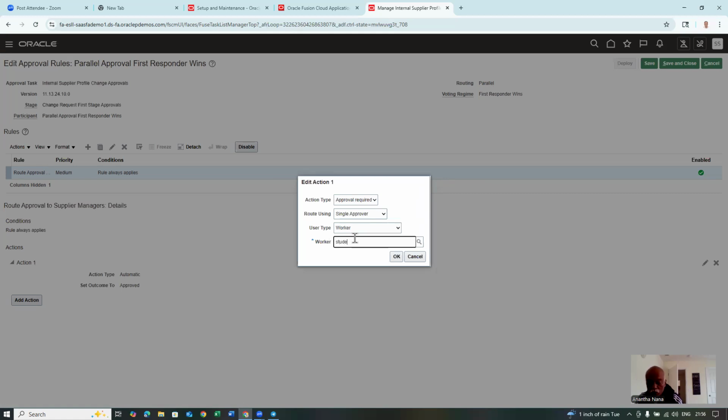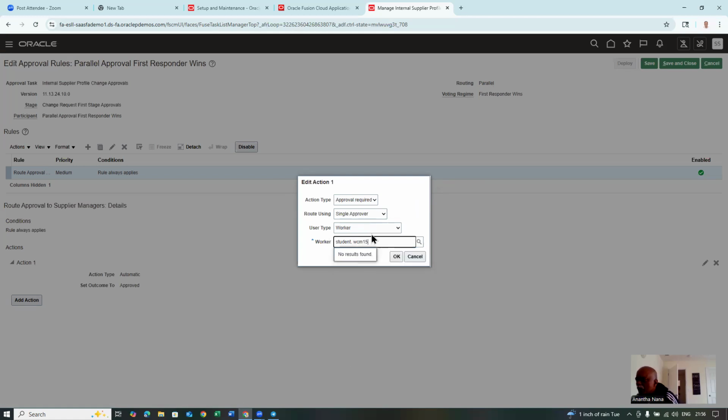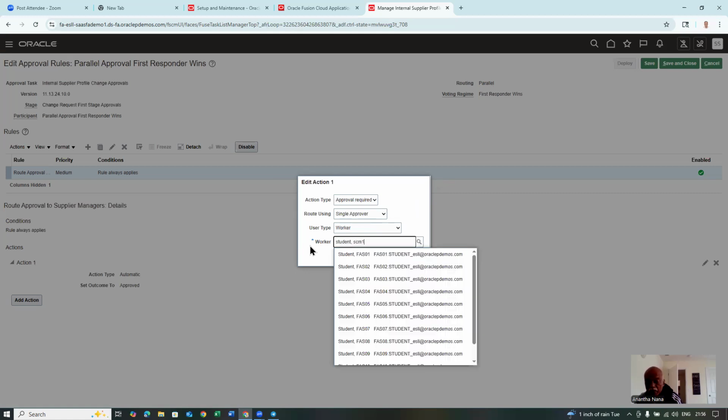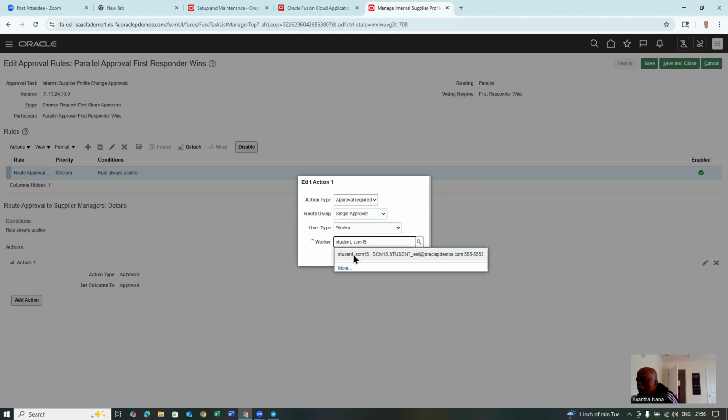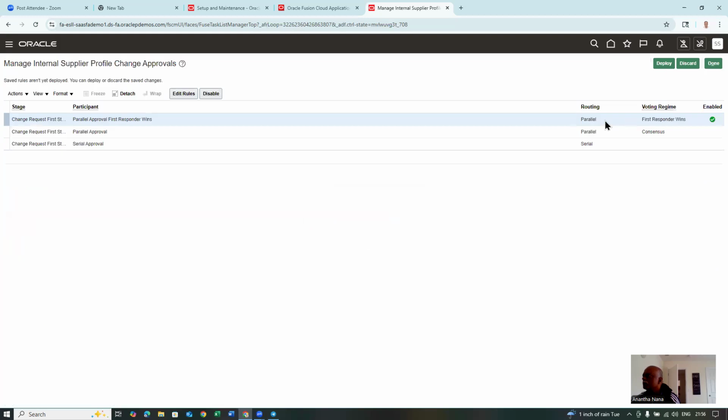Fine. Command SCM15. So the one it has to go to, SCM15, for approval. Click on OK. So this has been enabled now. Whenever an address is now created, it needs an approval by SCM15. If I click on save and close, fine, click on it, and then when we go there, and then